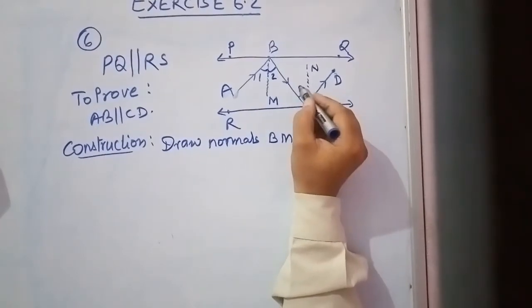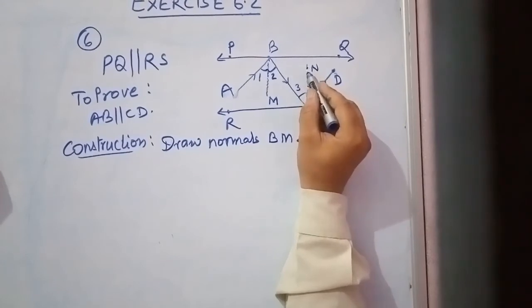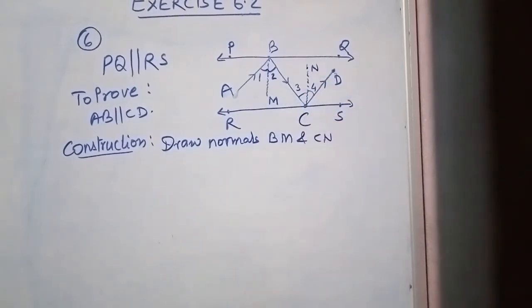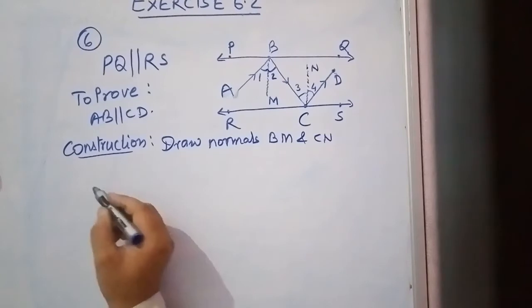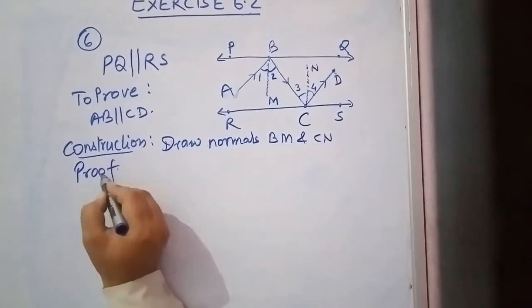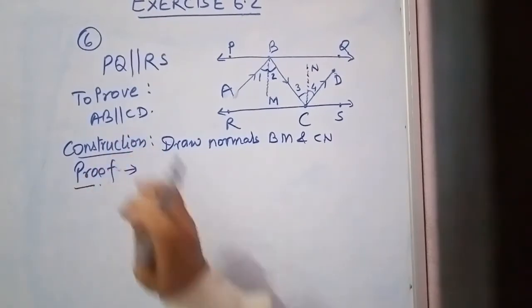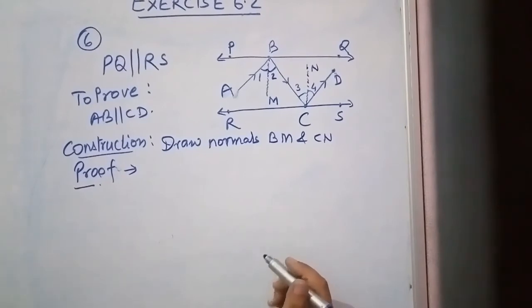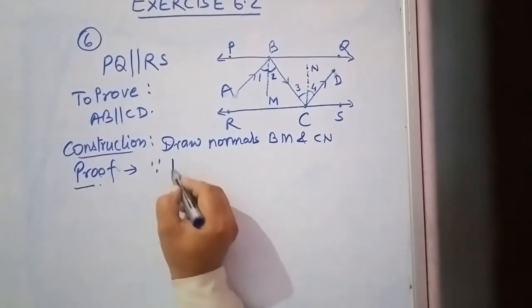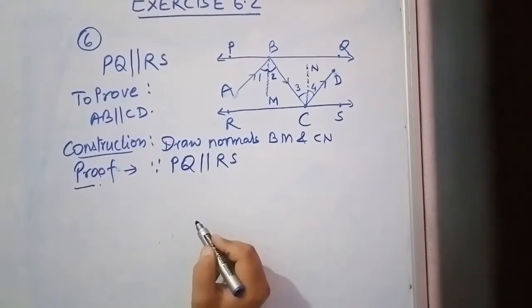Similarly, angle 3 equals angle 4, angle of incidence equals angle of reflection. Now prove: since PQ is parallel to RS,